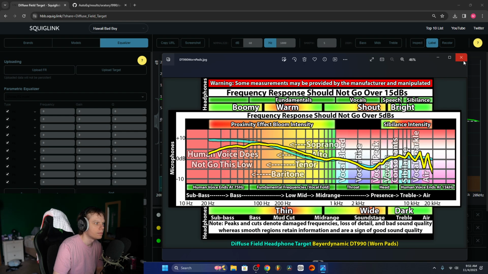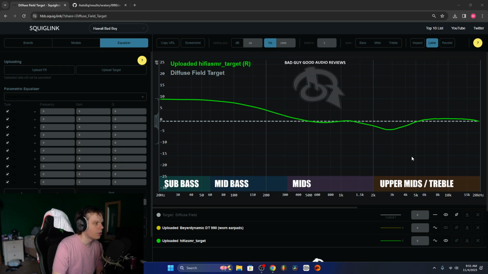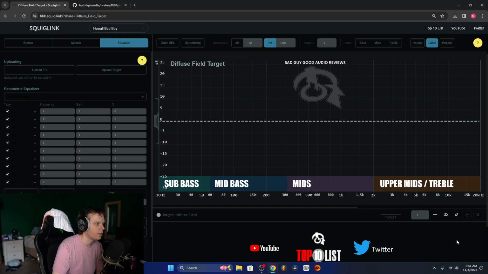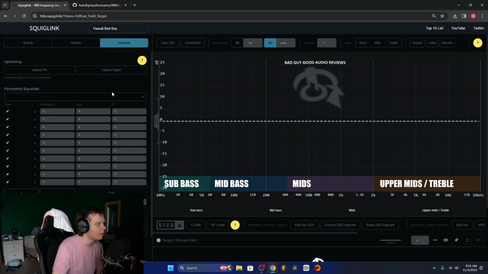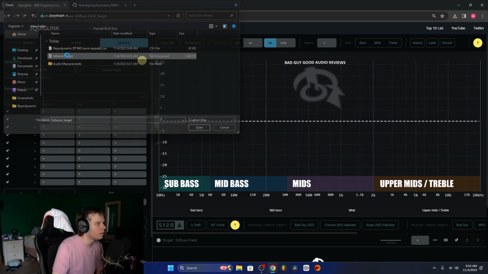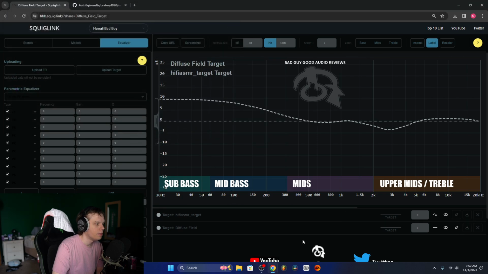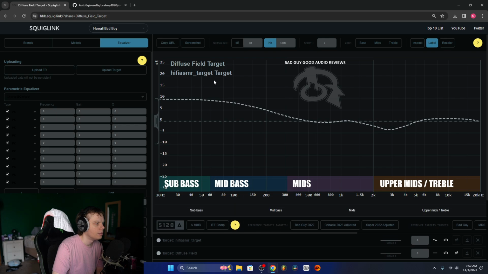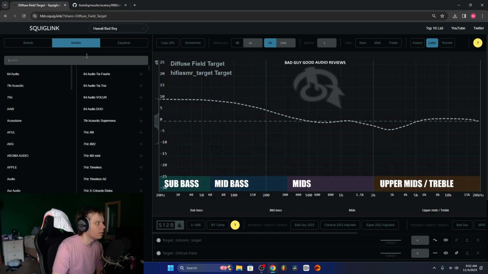So now we have this headphone target that we can use as a reference, and not only that, we can make it an actual target, so we can add it as an upload target. Okay, let me refresh this, and then we can go to equalizer, and then upload target, my target. So this is diffuse field and then my audio target here, and then we can just look at different